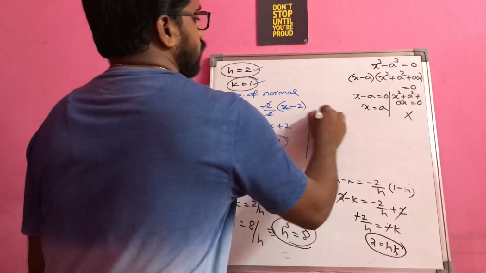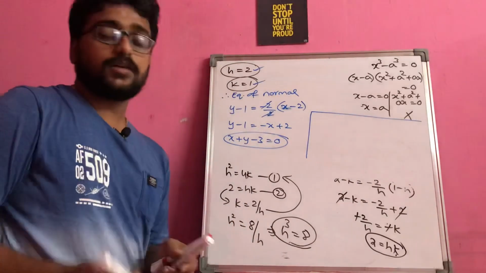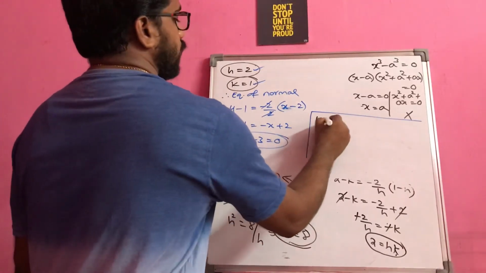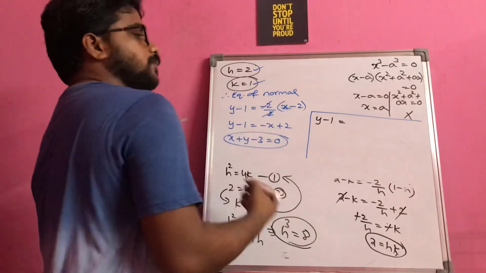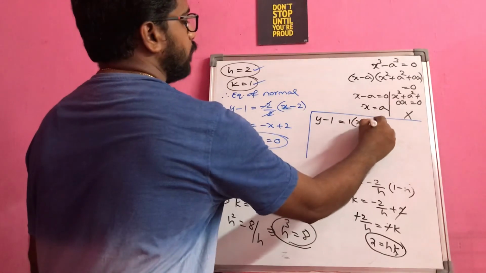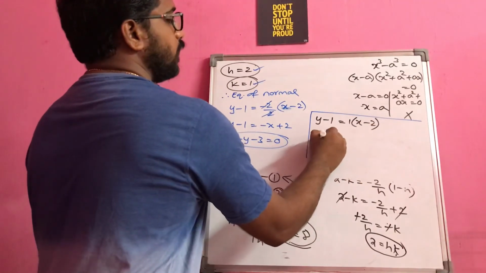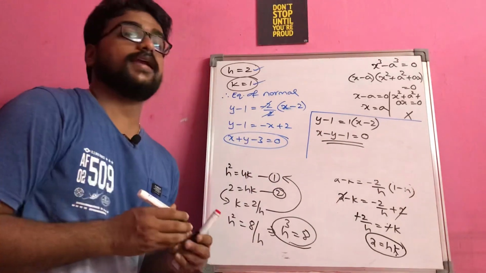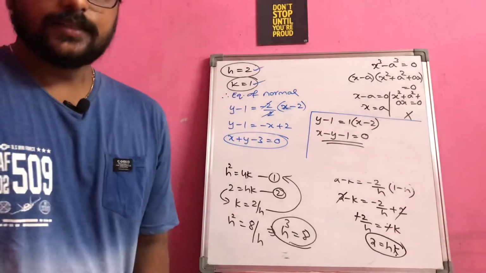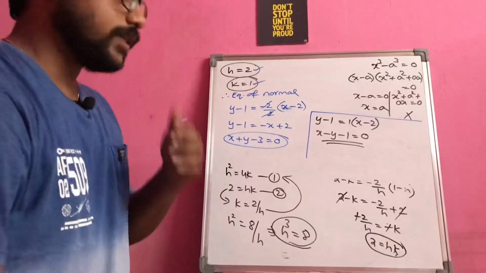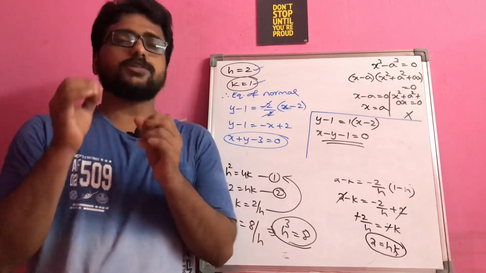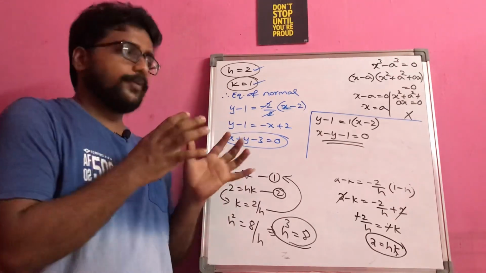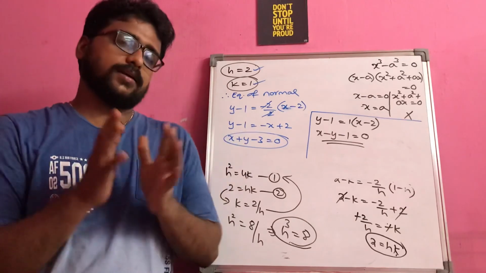But if you see in the continuation of the question, they also asked to find the corresponding equation of tangent. Same thing: y minus y1 is equal to the tangent slope times x minus h. The normal slope is minus 1, so the tangent slope will become plus 1. If you simplify this, x minus y minus 1 is equal to 0 is the required equation of tangent. So this is what you have to understand. If you don't understand, please watch it one more time by pausing and try to get clarity on the picture.